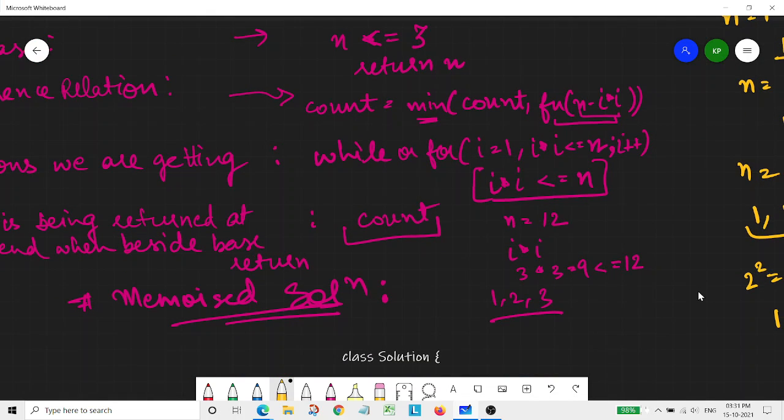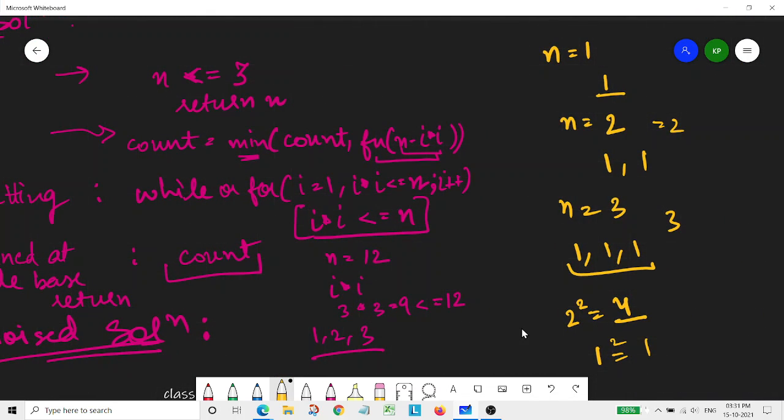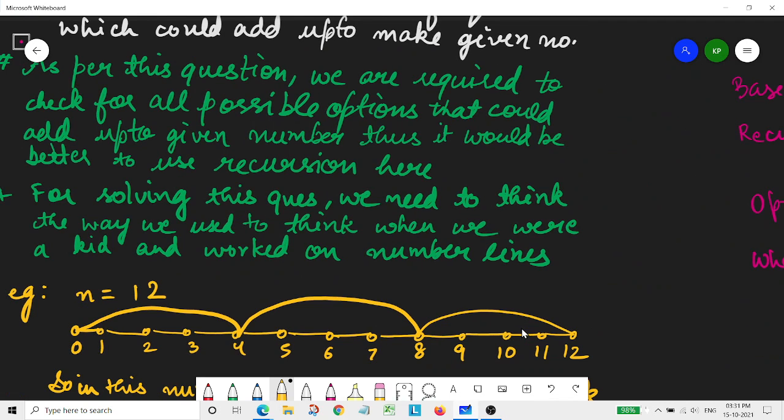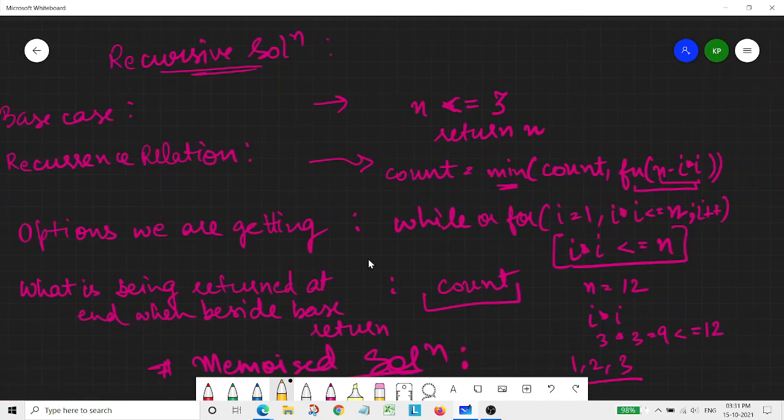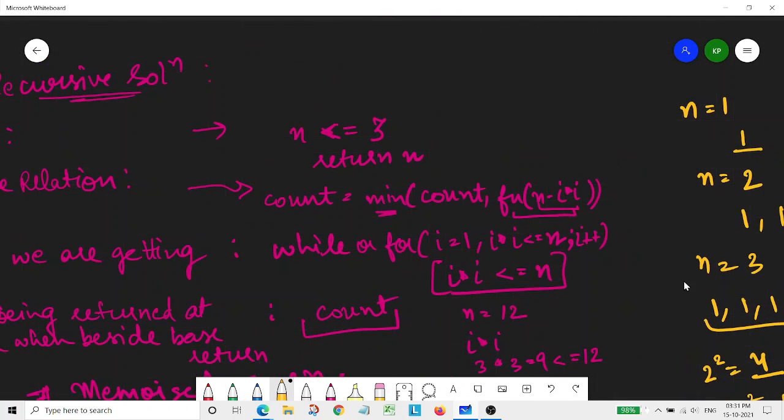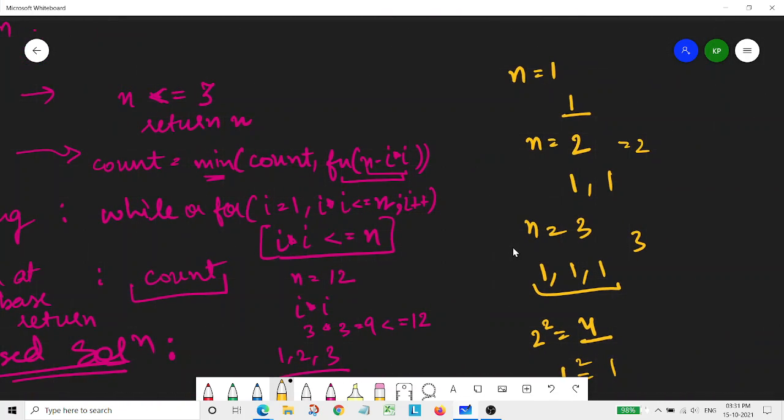And one more thing: one reason is that if n is itself 1, 2 or 3, we return the count as it is. But there is one more reason.